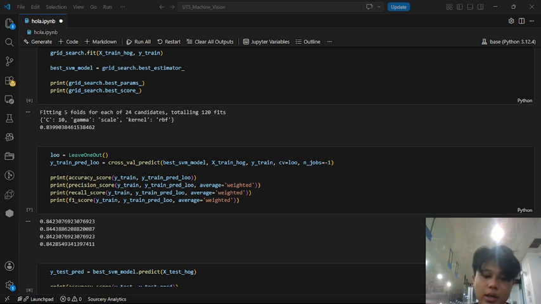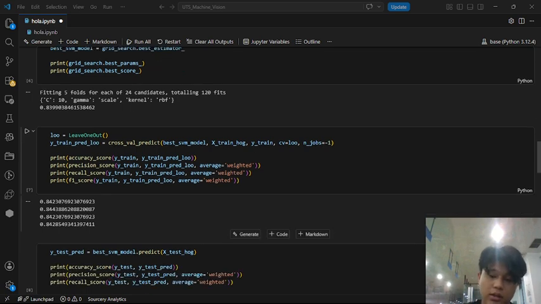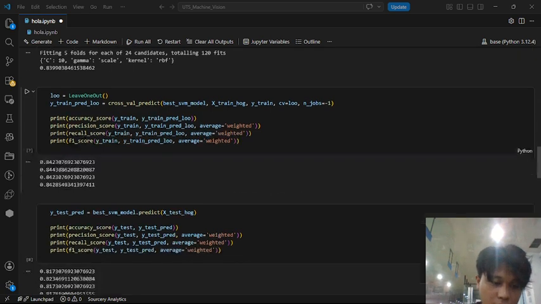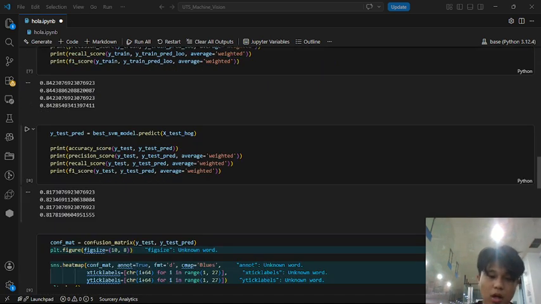For the evaluation metric results and LOOCV results on training, the model achieved an accuracy of 84.2%, with precision, recall, and F1 score also around 84.2%. For testing, using the 20% test data, when tested on completely new data, the accuracy remained stable and strong at 81.7%, and the small gap between the training and testing scores proves that my model successfully avoided fatal overfitting.